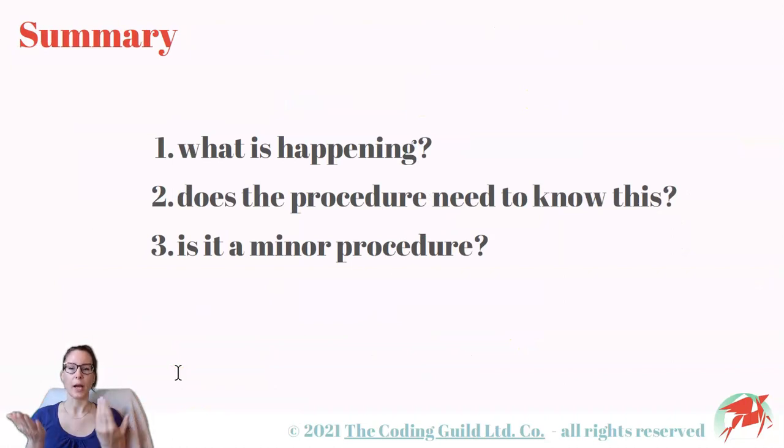In summary, how to decide whether you need an additional EM code and modifier 25. Step number 1. Establish what is happening during the encounter. Is it a chit-chatty visit and a procedure? Or just the procedure, maybe scheduled ahead of time? Step number 2. Have a critical look at the note and ask yourself whether the procedure really needs all the info documented, or are there extra questions trying to figure something else out?